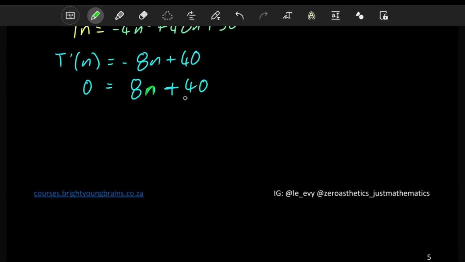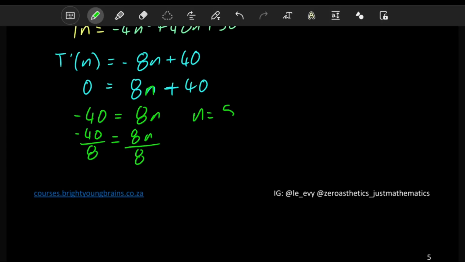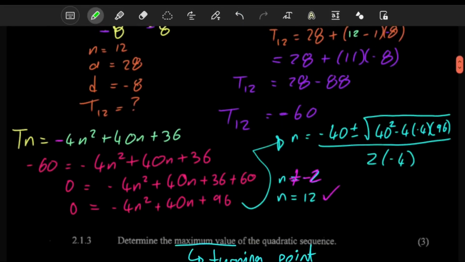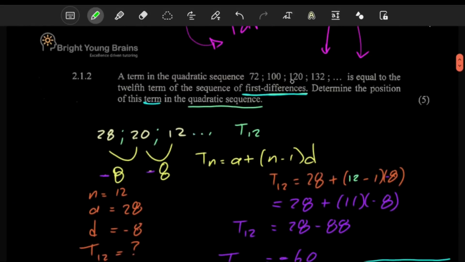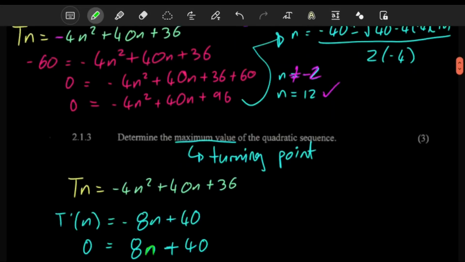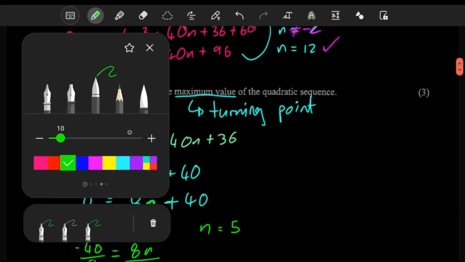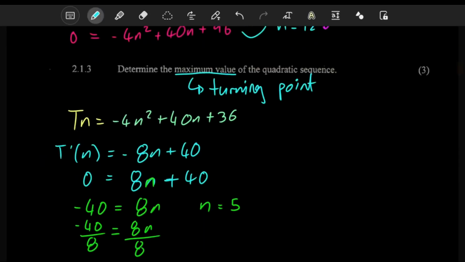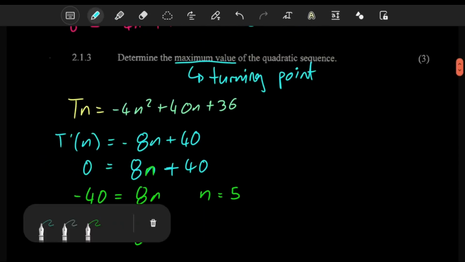So here, the 40 can go over, divide both sides by 8, n is equal to 5. So what this tells you is that the maximum value is found in position number 5. So obviously in your sequence, you just want to find out where is position number 5. Position number 5 is after this value, of which you can just use your formula. Just find out what T5 is. So in your formula, T5,